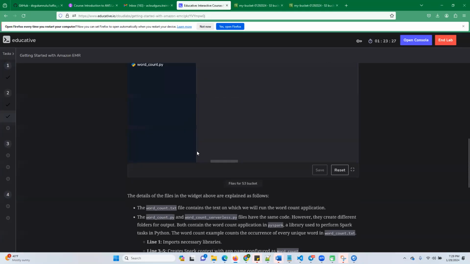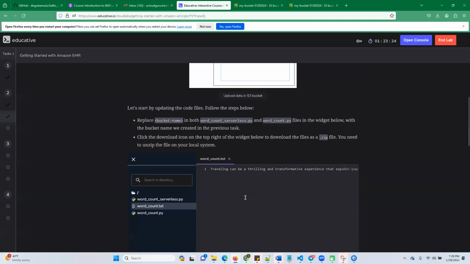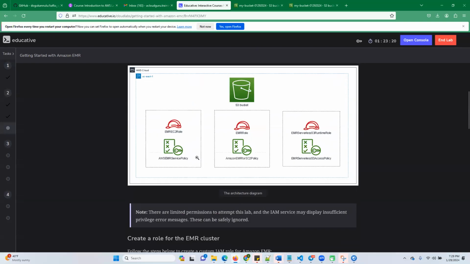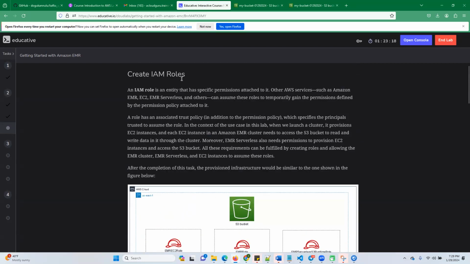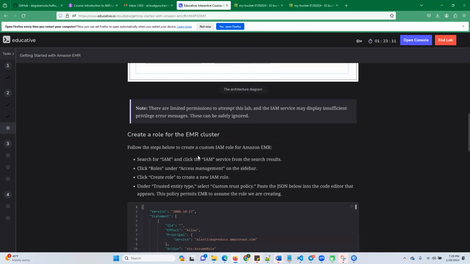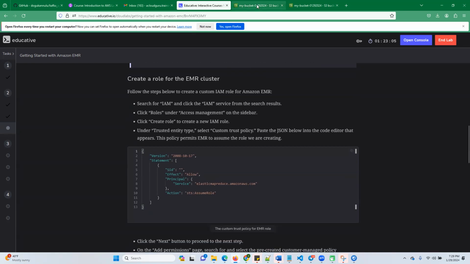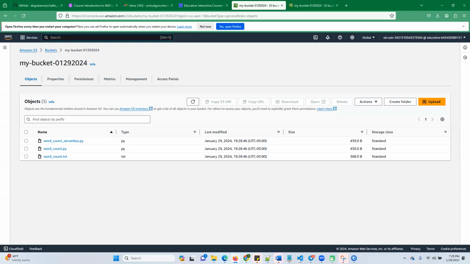Next, we have to create the roles. Okay. So once this is done, next we are going to create a role. I will give you all the documentation to create the IAM role. So how many roles do we need? The first role is the IAM role for the EMR cluster. So if we go to roles,